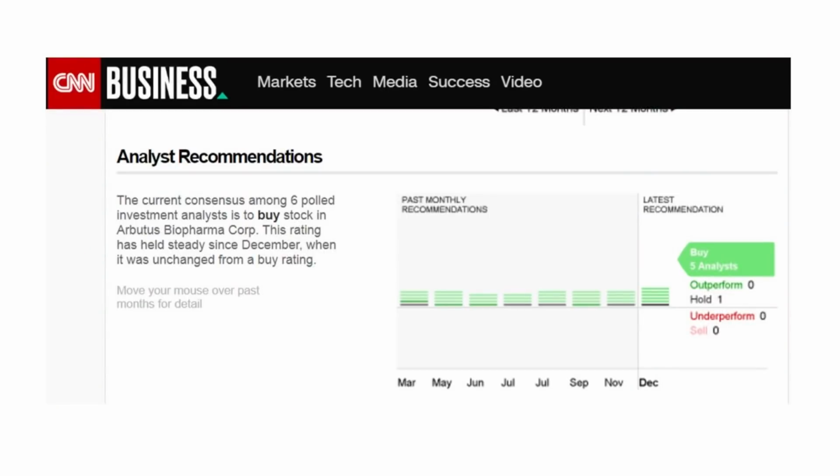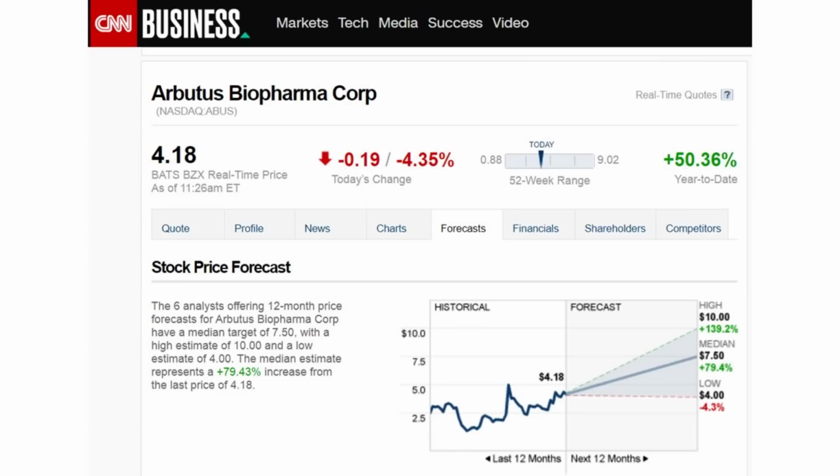Currently, there are 6 analysts with ratings on the ABUS stock, and it comes in as a buy, with 5 of those analysts rating it a buy and 1 rating it a hold. The average price target is $7.50 per share, representing just shy of an 80% potential upside. Now, on the high end, we have a $10 price target, which would be about 139% potential upside over the next 12 months. Now, the third stock on our list we are double dipping on, as it is one that